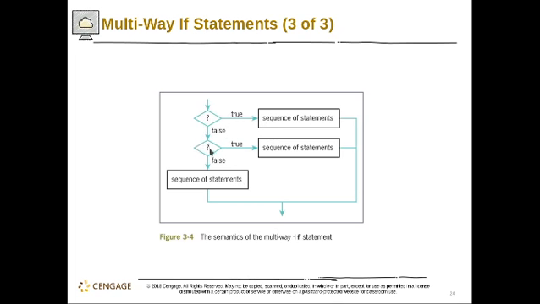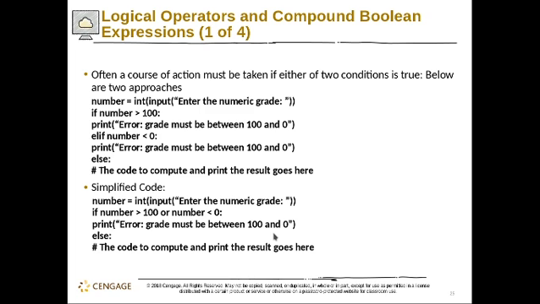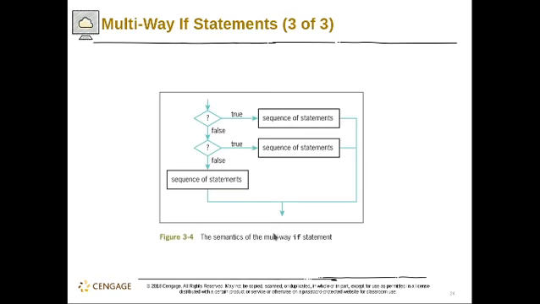But otherwise, let's check if it meets the second condition. If it meets, it will do this. Otherwise, it will go to the next conditions until you go to the last condition, and then it will execute the else, basically the statements in the else, and then proceed to the next part of the code. So that is the if, ELIF, and the if else.